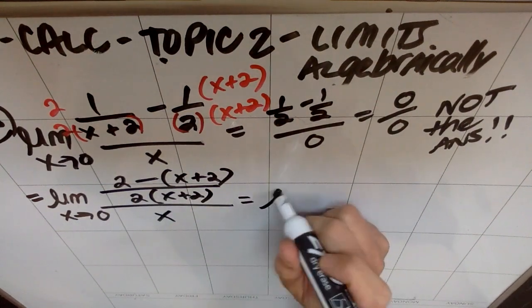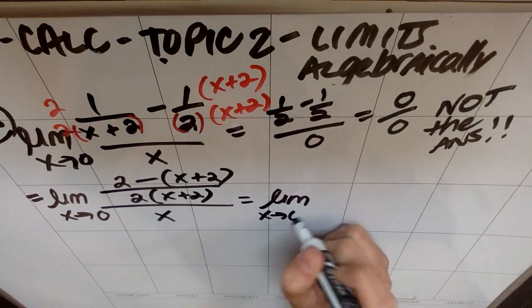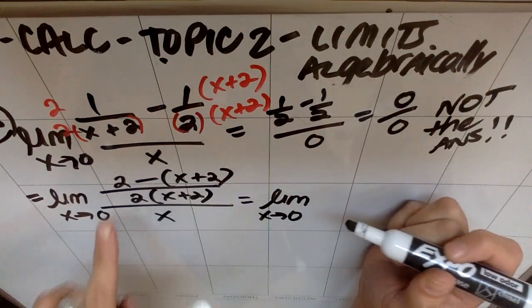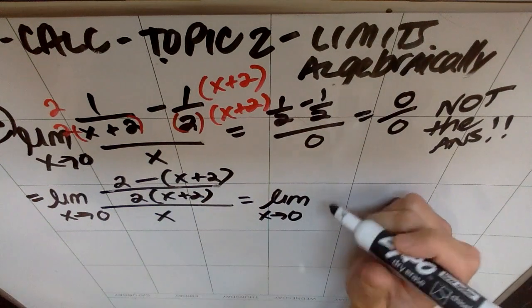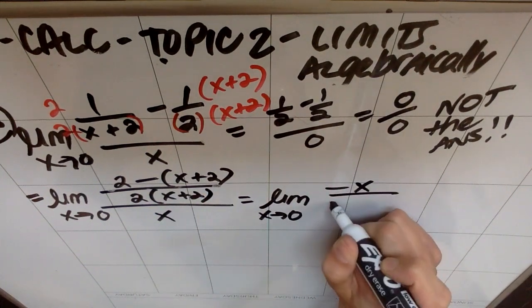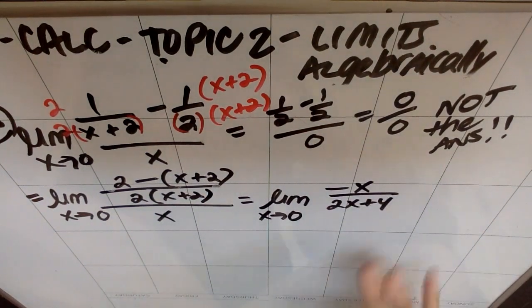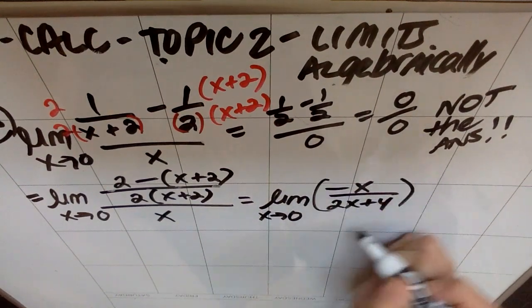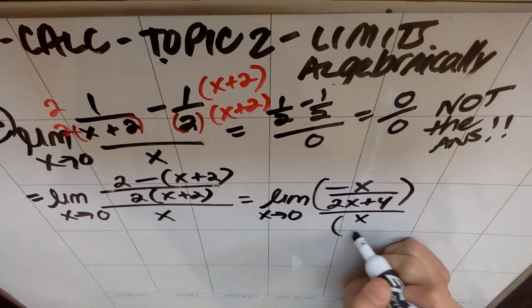So let's clean that numerator up. Notice again that I'm still writing limit as x approaches 0. When I distribute, I think this becomes 2 minus x minus 2, so I just get a negative x on top of this 2x plus 4, and you could change it from a 2x plus 4 if you want. And the whole thing's on top of an x,